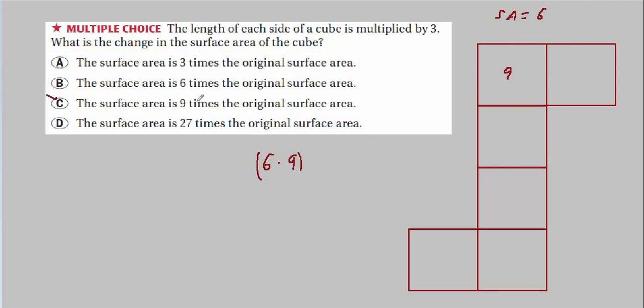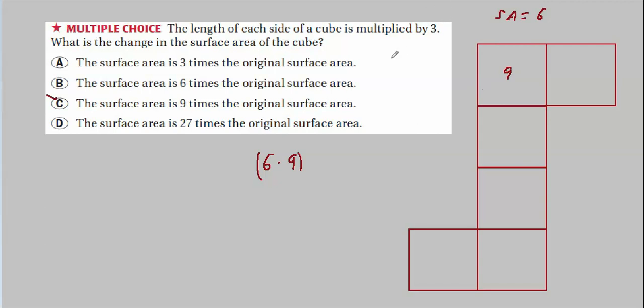If you're in a hurry, you might just grab this, because we now know that if you have a linear scale factor, you have to square that to get the scale factor for the areas. If you have the area scale factor, you take the square root. For instance, if they told you that the areas were in a ratio of 9, you would know that the sides were in a ratio of 3.